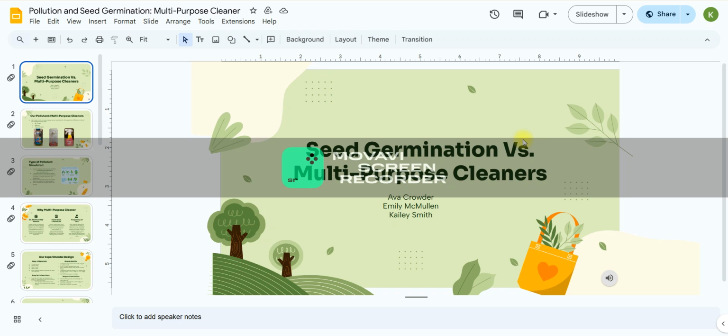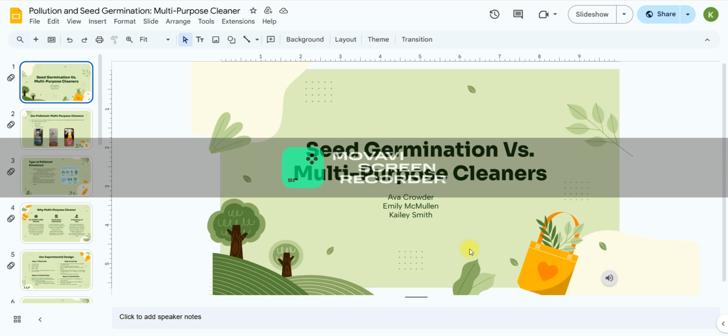Alright, so in our group, we decided to test out the multi-purpose cleaners and how they would affect seed germination. The group members in this group are Ava Crowder, Emily McMullen, and Kaylee Smith. Our description of this item chosen: we chose this because we had the idea that it contained bleach, chlorine, and